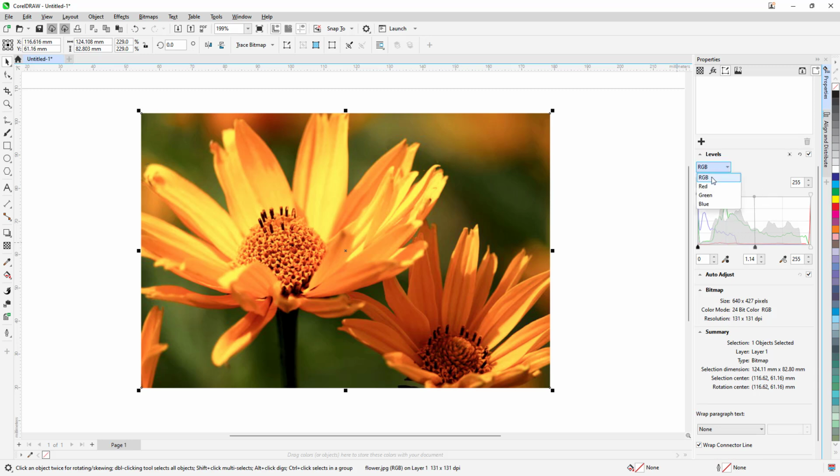And this is controlling the red, green, and blue channels together, but you can also control just the red channel, as you can see right here, just like this. You can decrease this right here, and you can go over here onto green, just like this as well. And apart from that, you can go onto blue as well. So just like this, you can change the blues, as you can see right here, just like this as well. And that is how you can change the auto adjustment settings and levels inside of